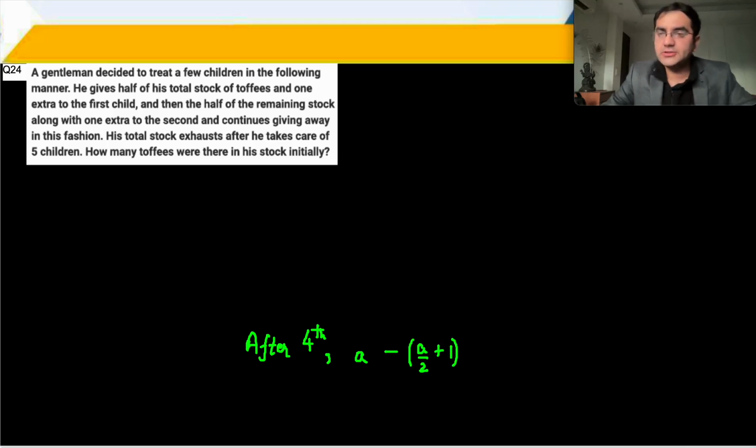ठीक है? So what is he left with? a minus a by 2 plus 1. He's left with 0. इससे a का वैल्यू आ गया. Plus 1 किया and into 2. a by 2 is 1, a is equal to 2. Similarly, after the